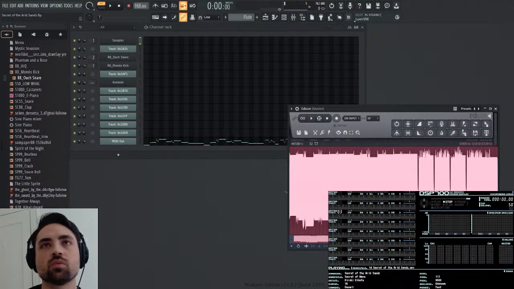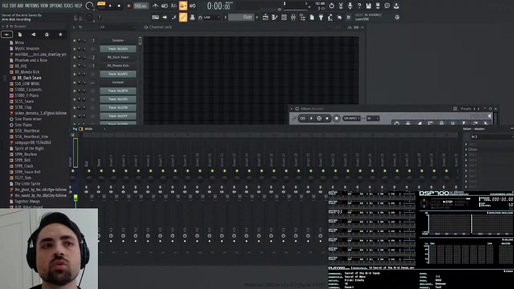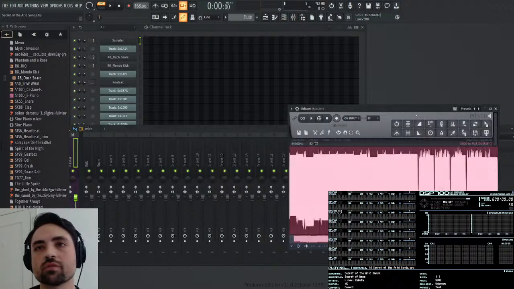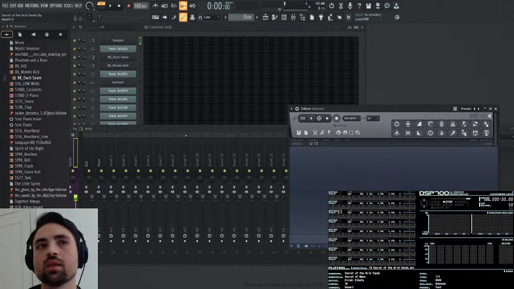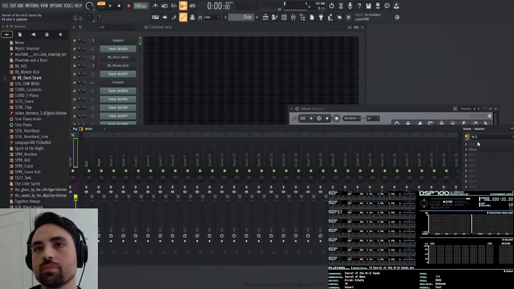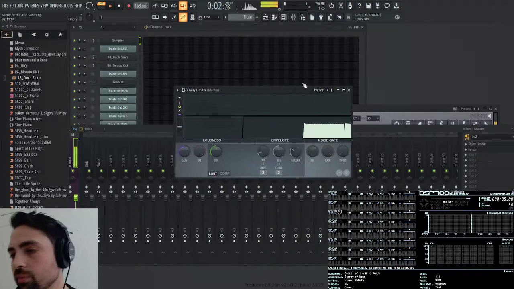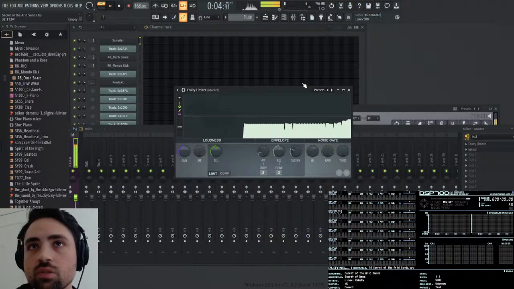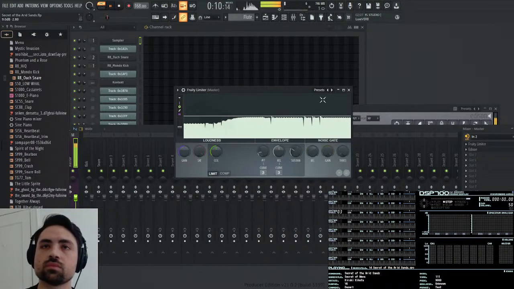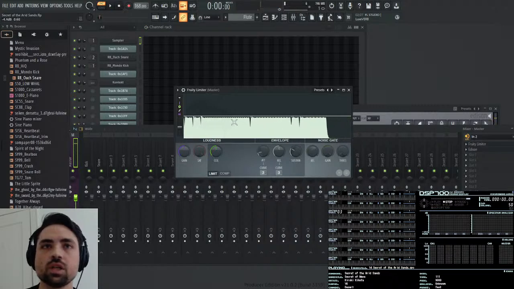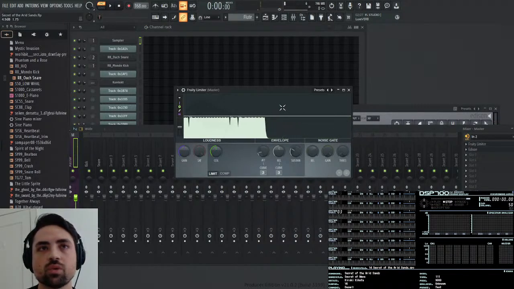And I want to first arm the recording because FL Studio disarms it for some reason. And so I want to do new. And then I want to raise the volume. I'm going to put a limiter before this. And so that way we'll make the volume more consistent. We raise the volume. Nice, so that's pretty consistent. That's like the level that I wanted at.